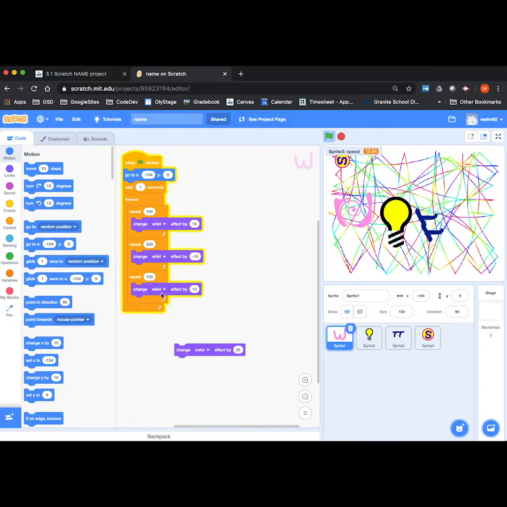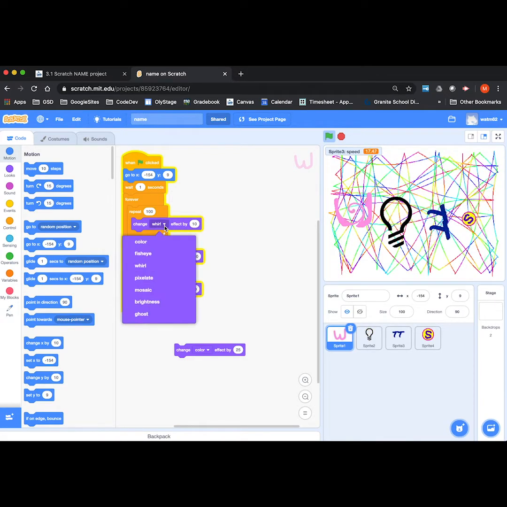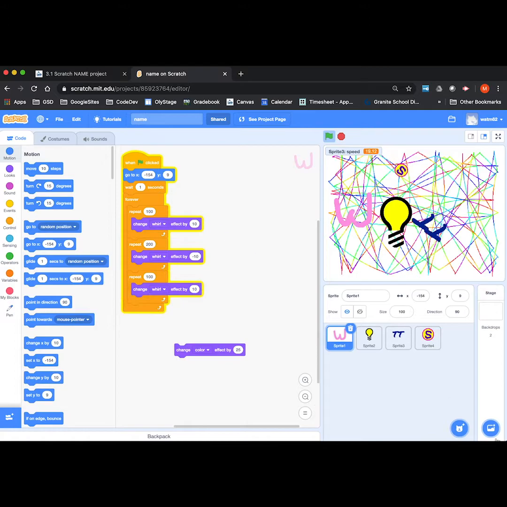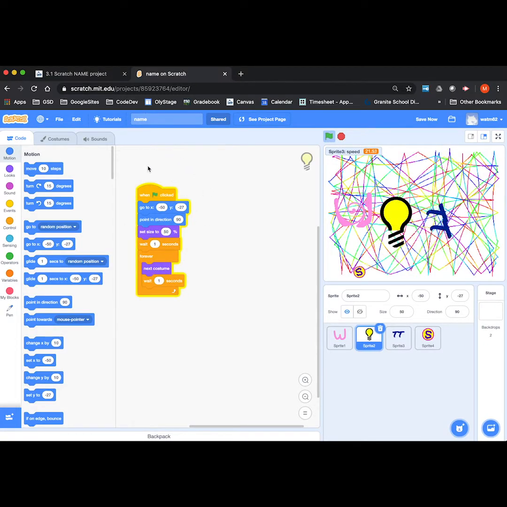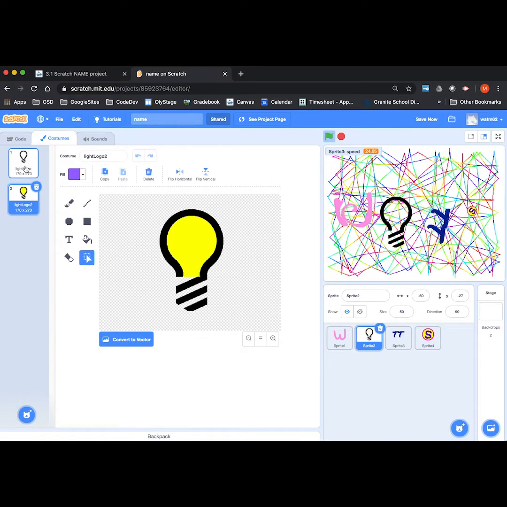We could do any effect there. We could have moves or turns or any of the other different effects like color, fisheye. I encourage you to experiment with those. Second letter, the light bulb turning on and off, that does its job playing with costumes. And I'm going to show you that this sprite has 2 costumes. Costumes is this tab up above the different code blocks. So I have a costume that is yellow, and I have a costume that is transparent,